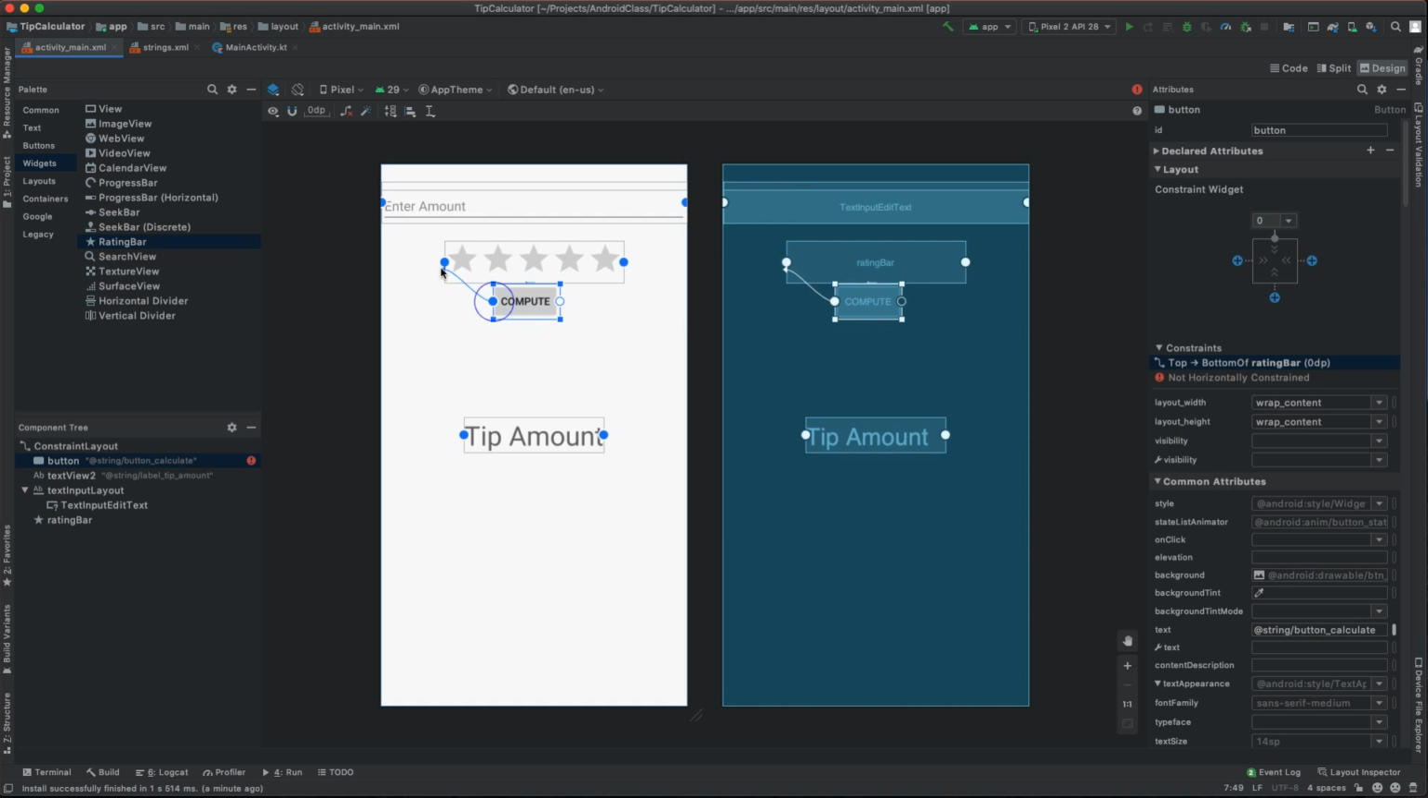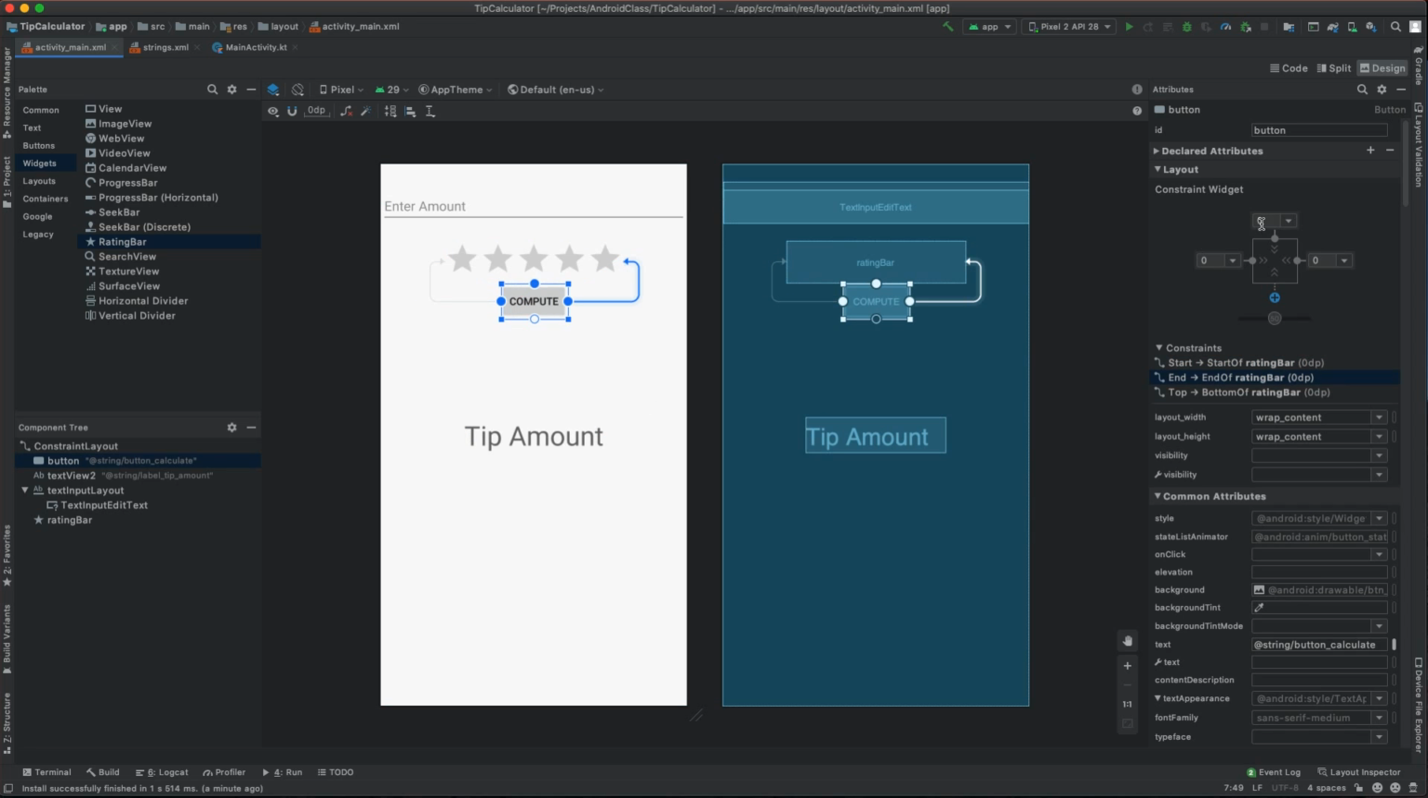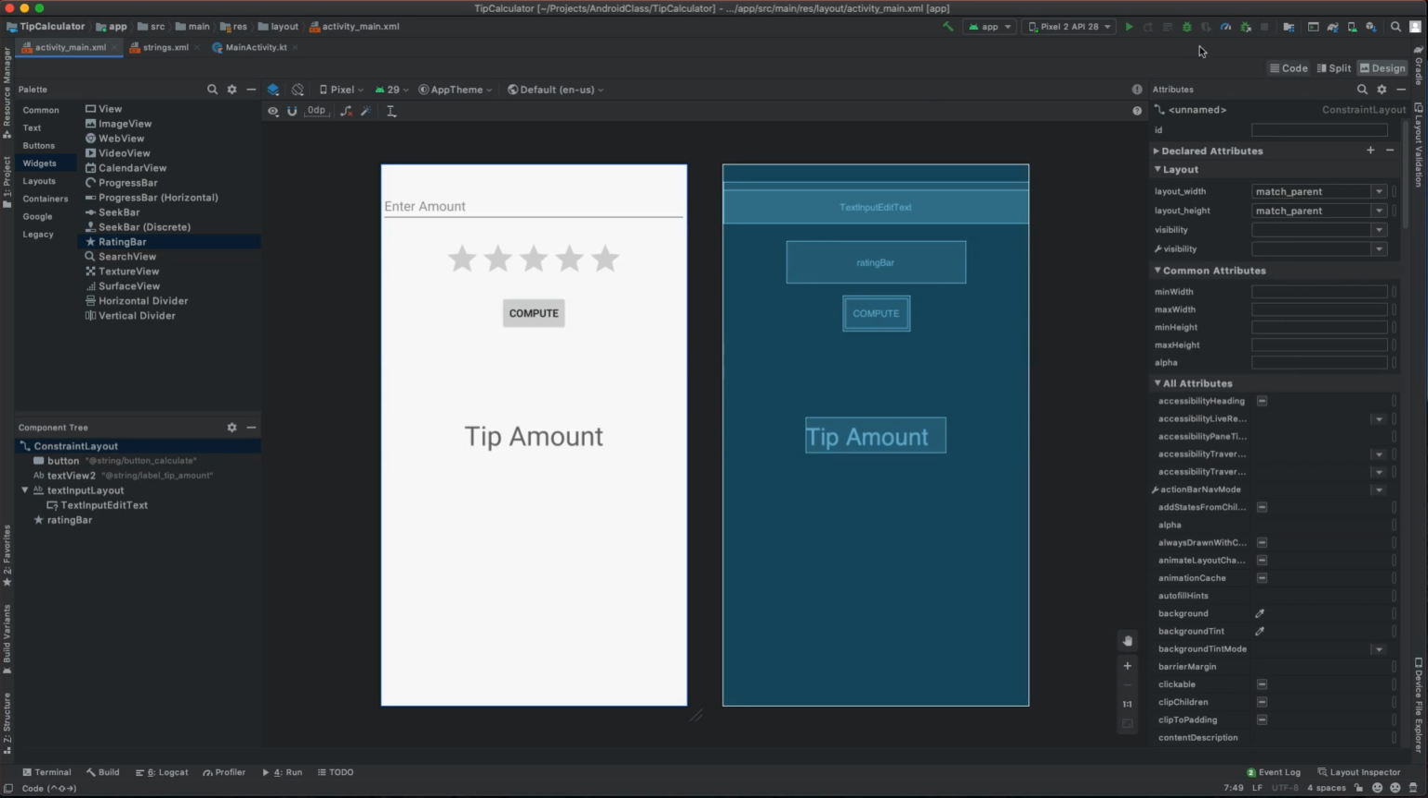And we'll do the compute centered also, just again, so I can talk over and over again about how to do that. To center it, I would constrain it to both sides, and it will center it in there. And then let's give it 16, give it some space. So now when I run the program,